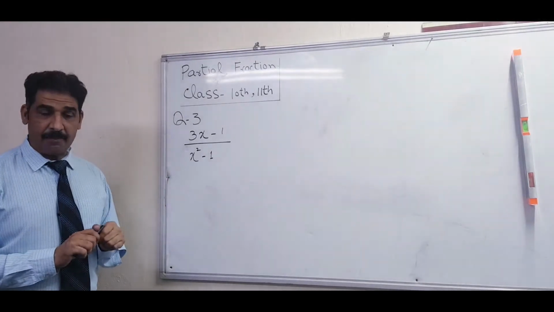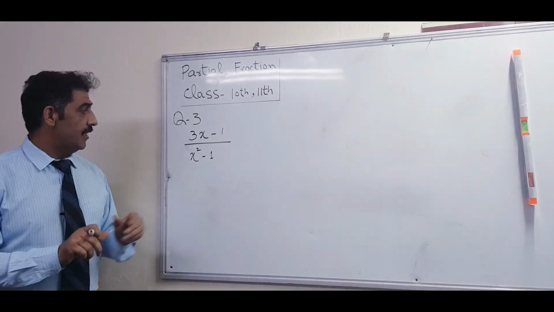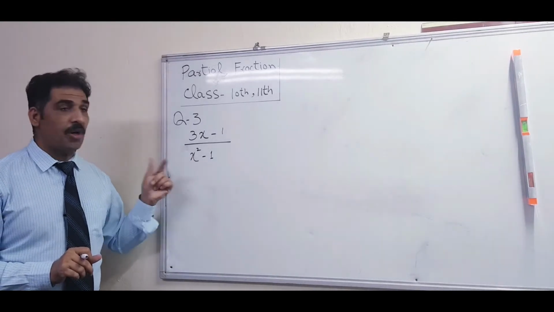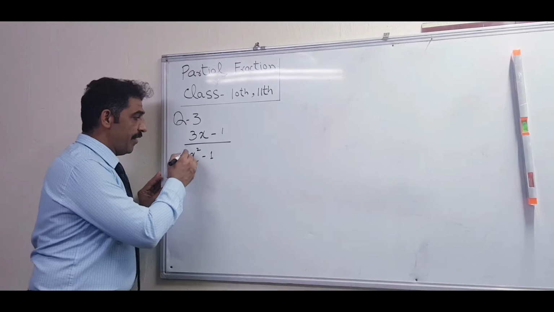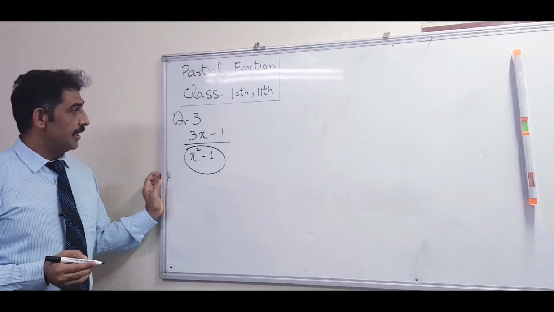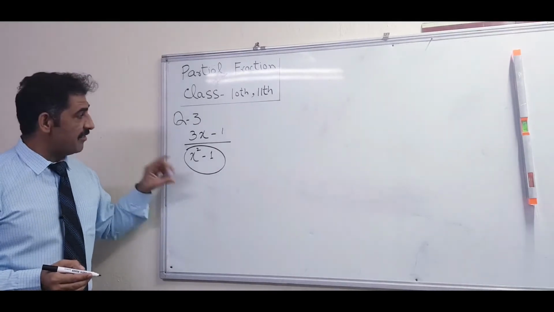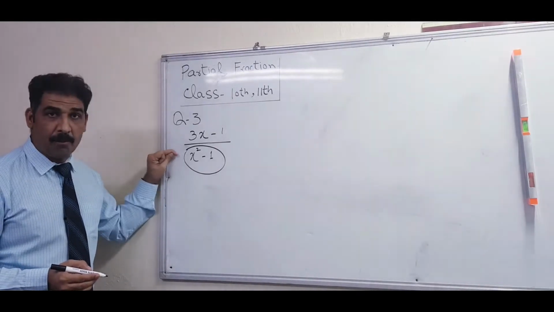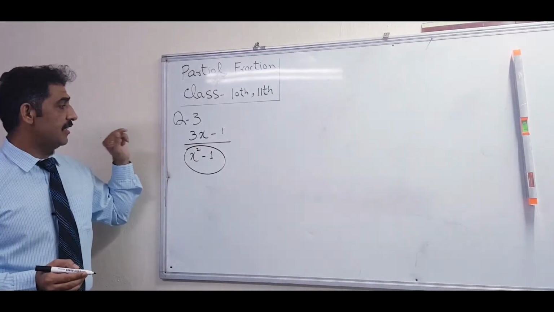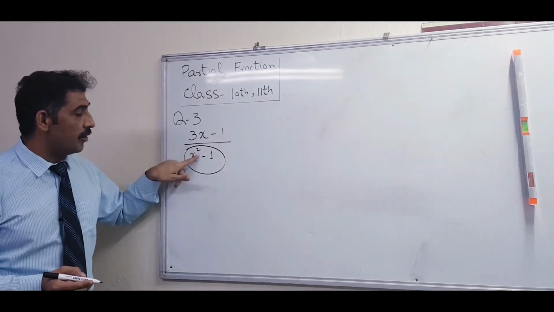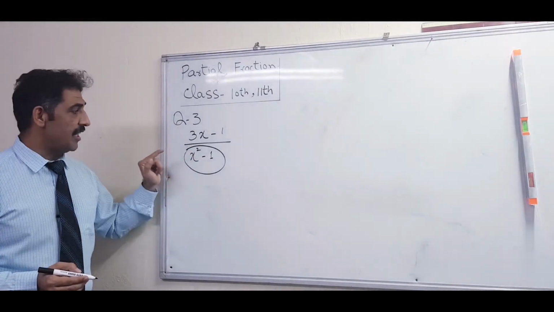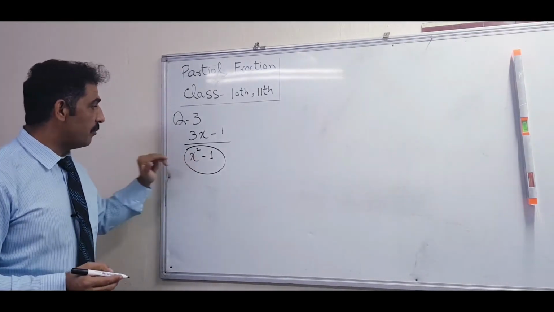The first step before making the partial fraction is to make linear factors of the denominator, if possible. Before that, you have to check whether the fraction is proper or improper. Good, that's proper, because the degree of the denominator is greater than the degree of the numerator. So first we have to make the factors.